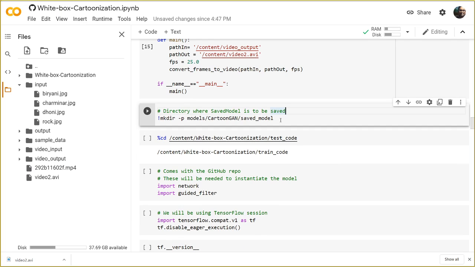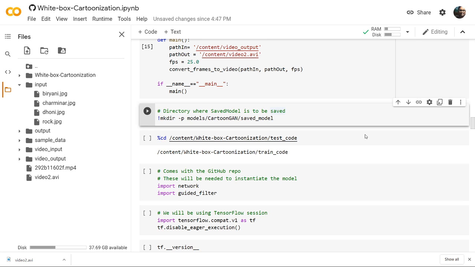The next thing we'll be doing is creating the saved model version of the original code by the authors, because the original White-box CartoonGAN model is implemented in TensorFlow 1. So we first need to generate a single self-contained model file in saved model format using TensorFlow 1.15. Then we'll switch back to TensorFlow 2 and convert that saved model format into the TensorFlow